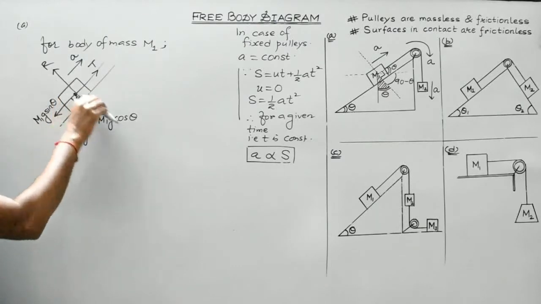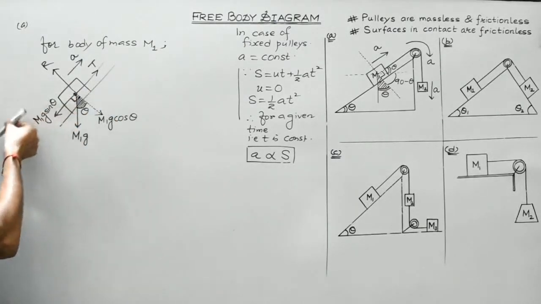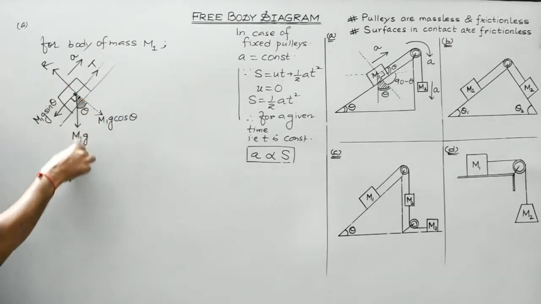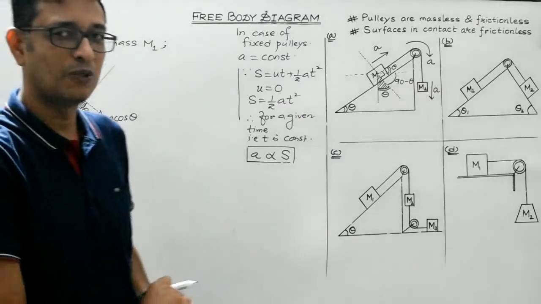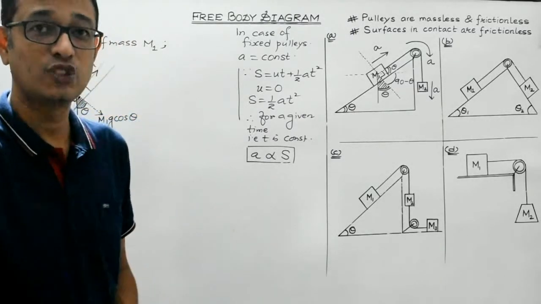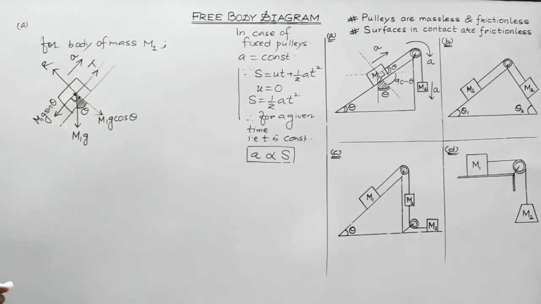So students, m1g cos theta, m1g sin theta, these are the two sides of a parallelogram, and their resultant is given by the diagonal of the parallelogram passing through the same point. So as per the parallelogram law, vector addition is valid. So we have resolved m1g into two perpendicular components. So now the diagram is over.